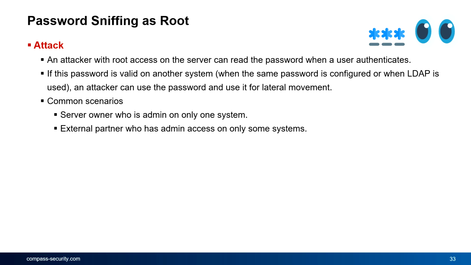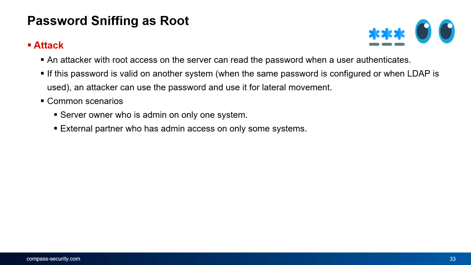So this means an attacker with root access on a server can read the password when someone authenticates on the server via username and password. So if this password that was entered is valid on another system, for example, if the same password is configured on other systems, or when LDAP is used for authentication, where you can use the same users across all your servers, then an attacker can also use the password for lateral movement